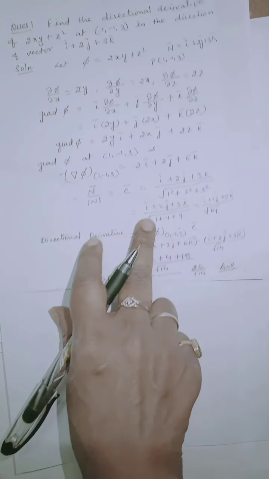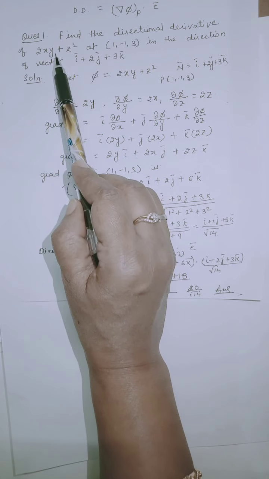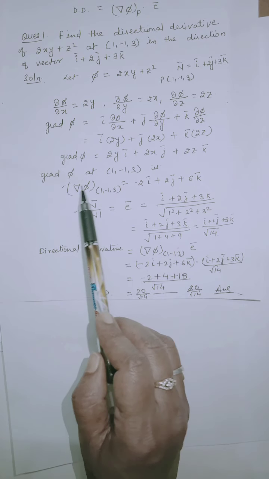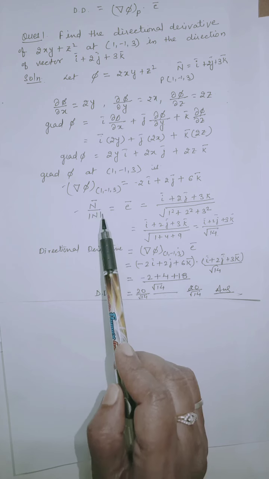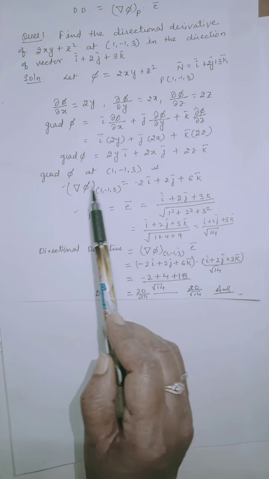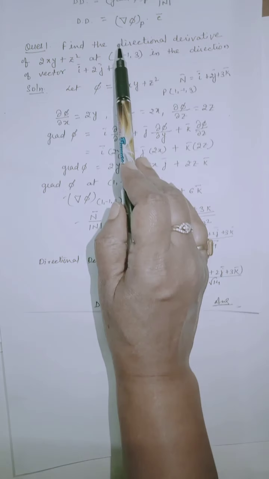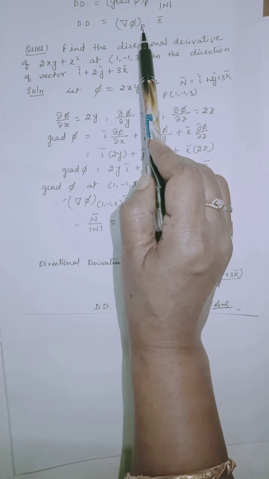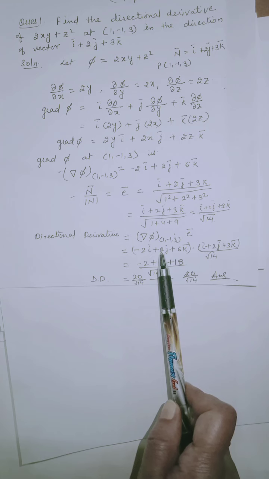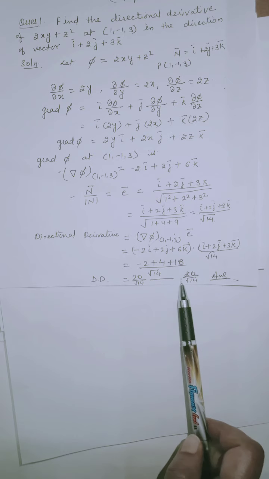So let's see once again how we have found the directional derivative. In the problem you will be given a function phi, a point P and a vector n. So you have to first find the value of grad phi at the given point, then you have to find the unit vector along the given vector. So here we have found grad phi at the point and we have found the unit vector, and simply you have to substitute in the formula for directional derivative, that is grad phi at point P dot unit vector. So just multiply these two, grad phi at point P into unit vector. So you got 20 by root 14 as your answer.